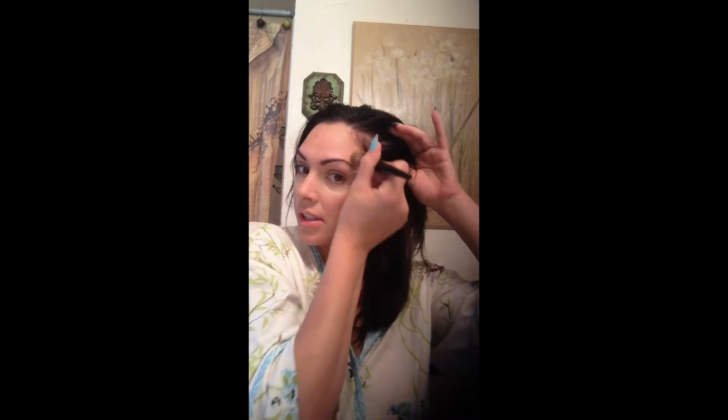And I always like to go a little bit underneath. I like to go underneath my lip. Just kind of makes that a little poutier. Make sure that's blended. Okay, so we did under the jawline. Let's do a little bit more in the temples. There we go. Okay. Perfect. Okay, now that I'm all contoured,